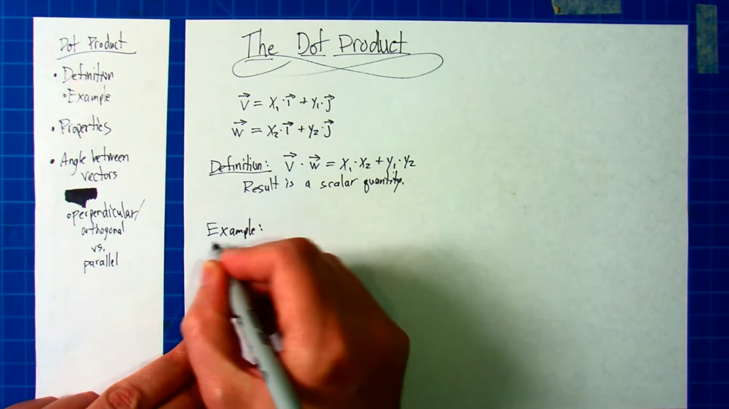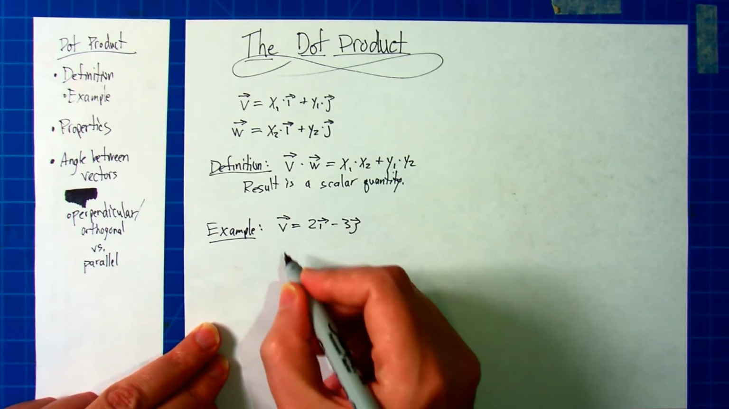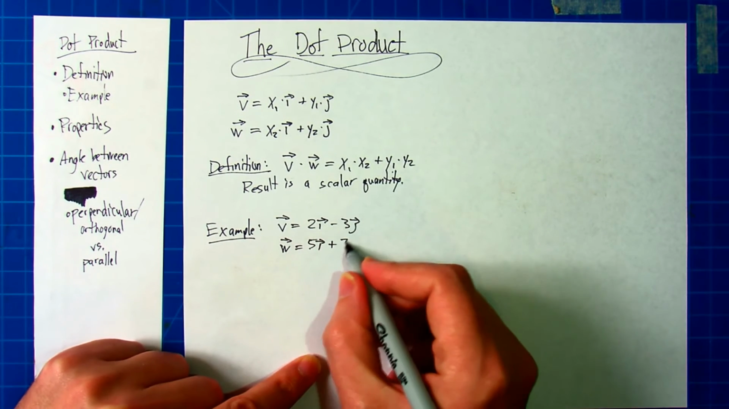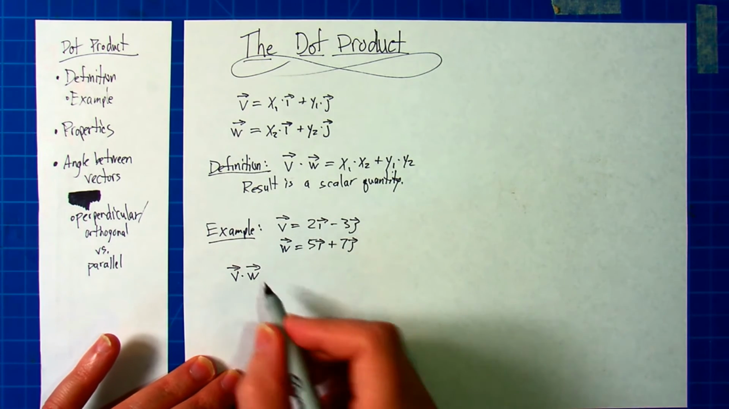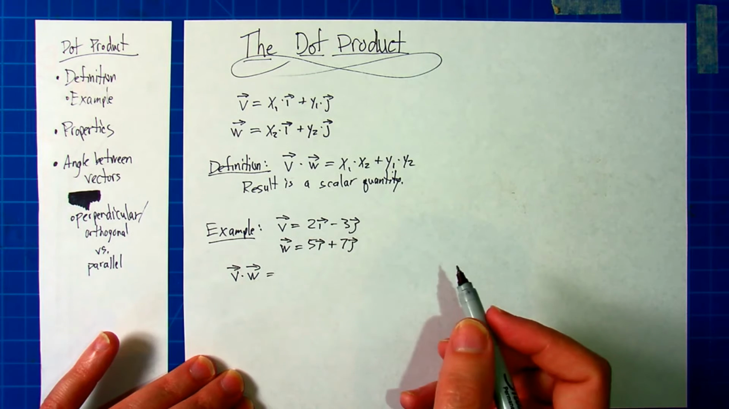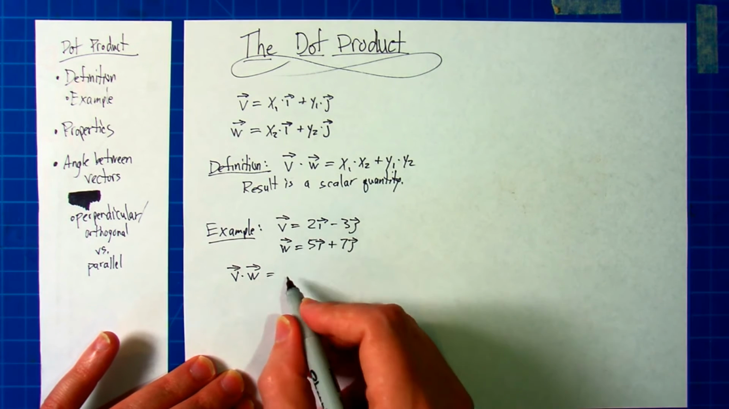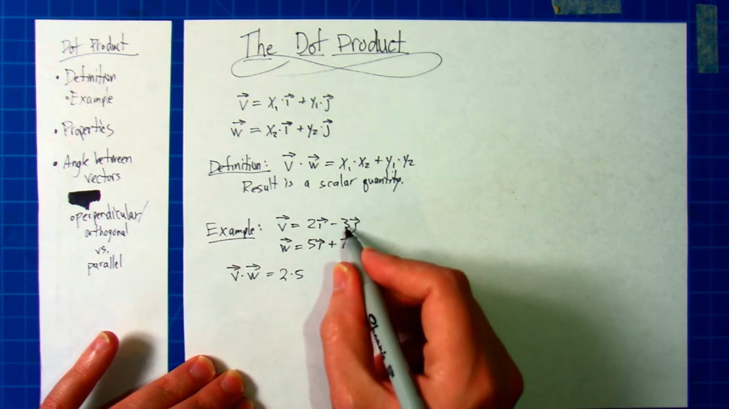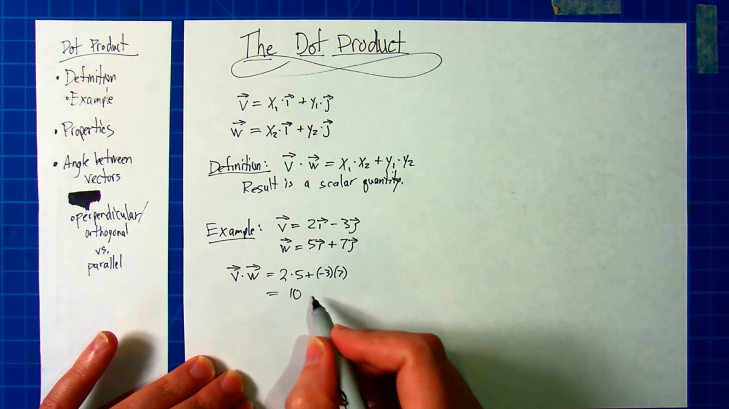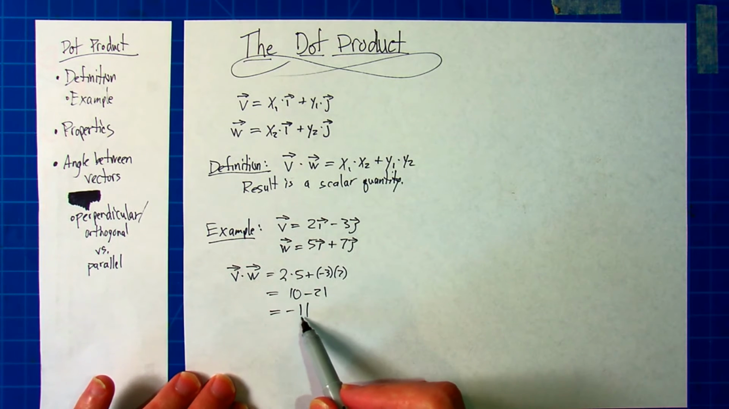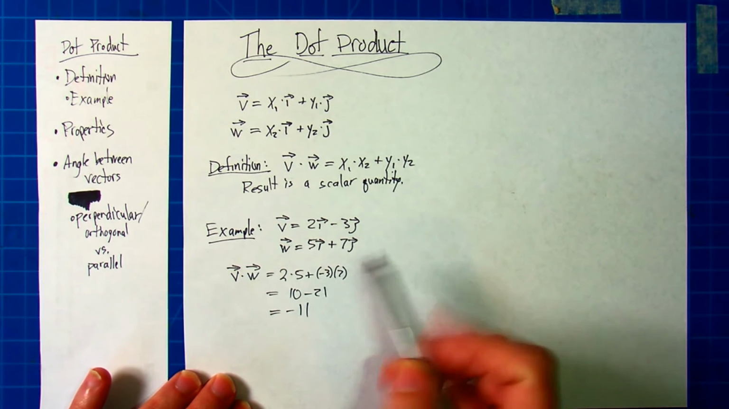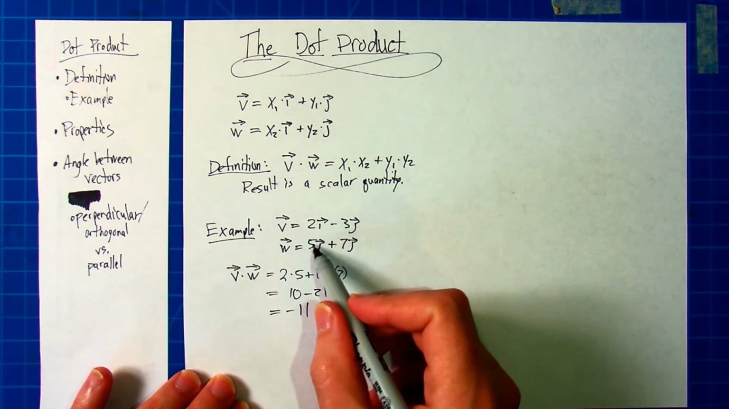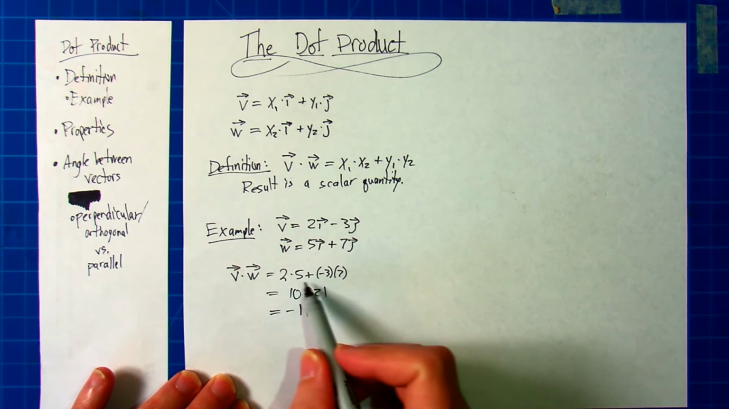For example, for v equals 2i minus 3j, w equals 5i plus 7j, we compute v dot w, again, vector notation here, and we just take the actual numbers themselves, 2 times 5, plus negative 3 times 7. The result is just a single number, positive or negative, and you notice the i's and j's don't appear in this at all. They are part of defining the vector, but they are not at all related to finding the